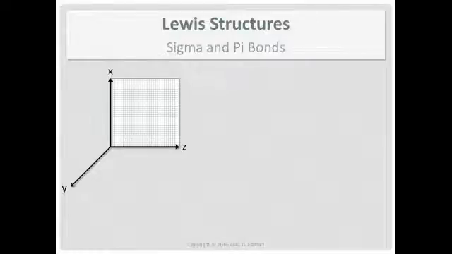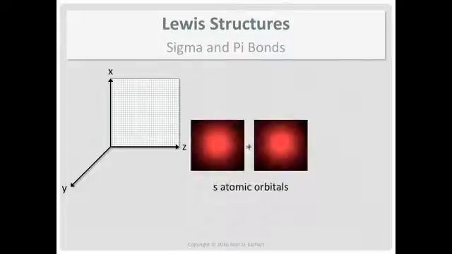So imagine a Cartesian coordinate system. Got your x, y, z system. And typically in chemistry, the z-axis is considered to be the bonding axis. So if you're going to put two atoms together to make a bond, you put them on the z-axis. Why not? So the valence shell for oxygen is 2s and 2p.